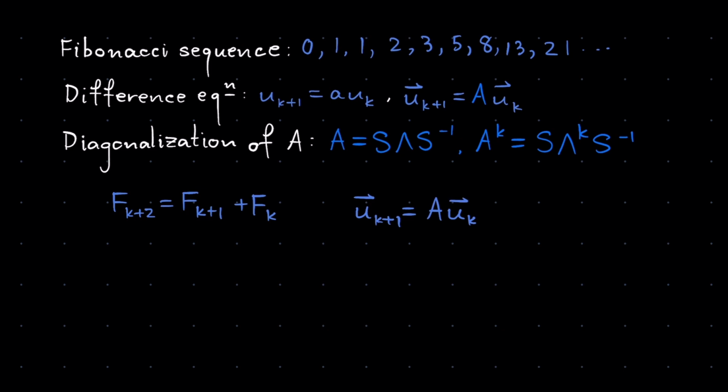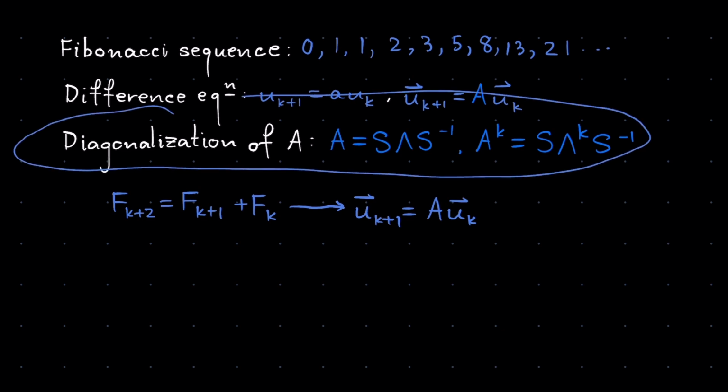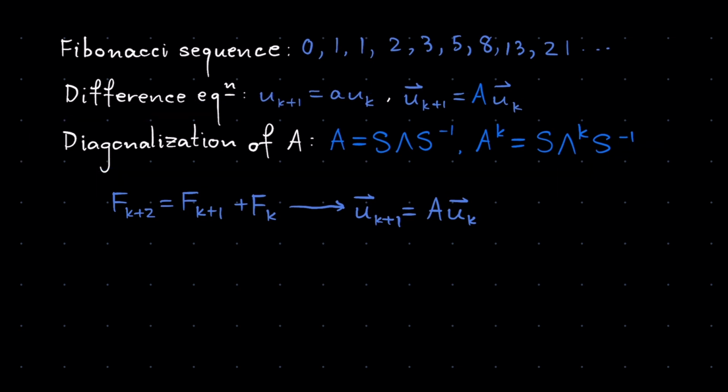And what we're going to do is convert this into a matrix vector difference equation. And using that, we have to use the diagonalization of A, in which the prerequisite is probably that you need to know about eigenvectors and eigenvalues. And we're going to derive the closed formula. So there's a lot of intermediate steps, but don't worry, I'll guide you through this. So how do we construct this beautiful interconnection between these two numbers?